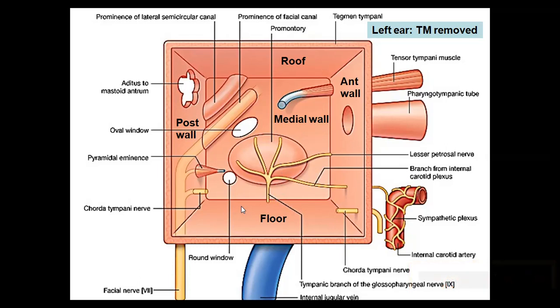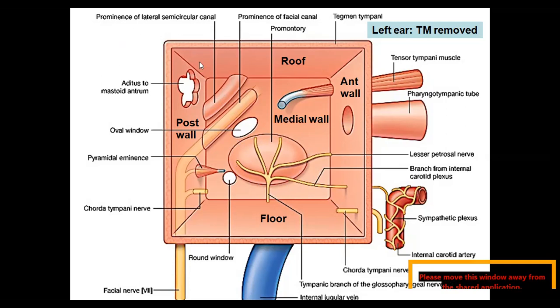Okay, then. Here we are also seeing the lateral wall is cut. That means the tympanic membrane is cut so as to expose the remaining boundaries: roof, floor, anterior wall, posterior wall, medial wall. 5 boundaries we are able to see because we have sacrificed the tympanic membrane. Now you find on the medial wall we have the oval window where the footplate of stapes is fixed. Then we have the round window. I told you there is the first turn of the cochlea, which is called promontory. So on the medial wall, what are the various things you have to list out?